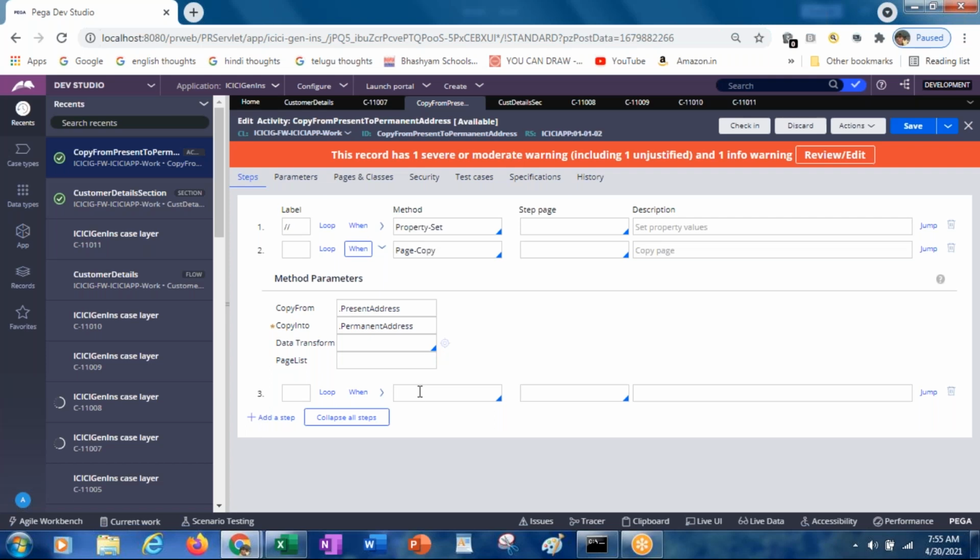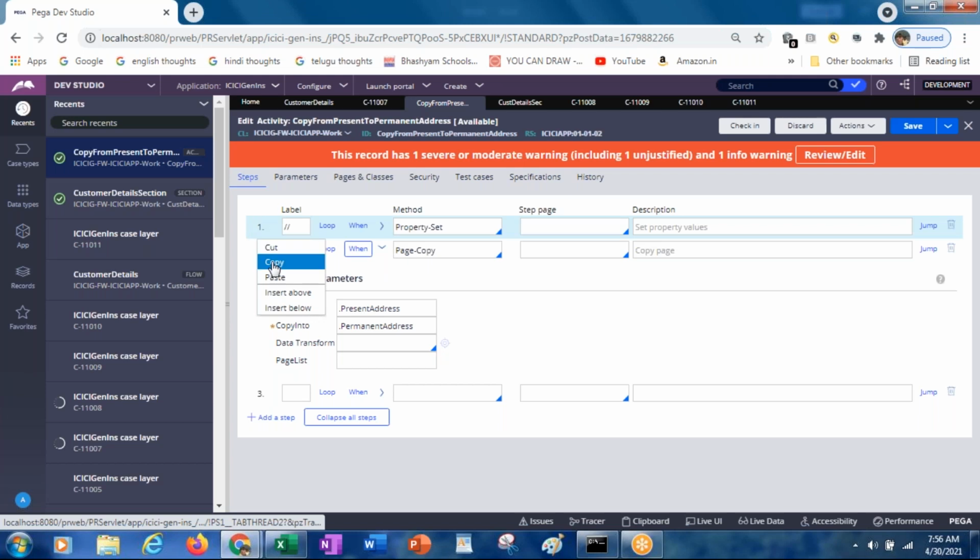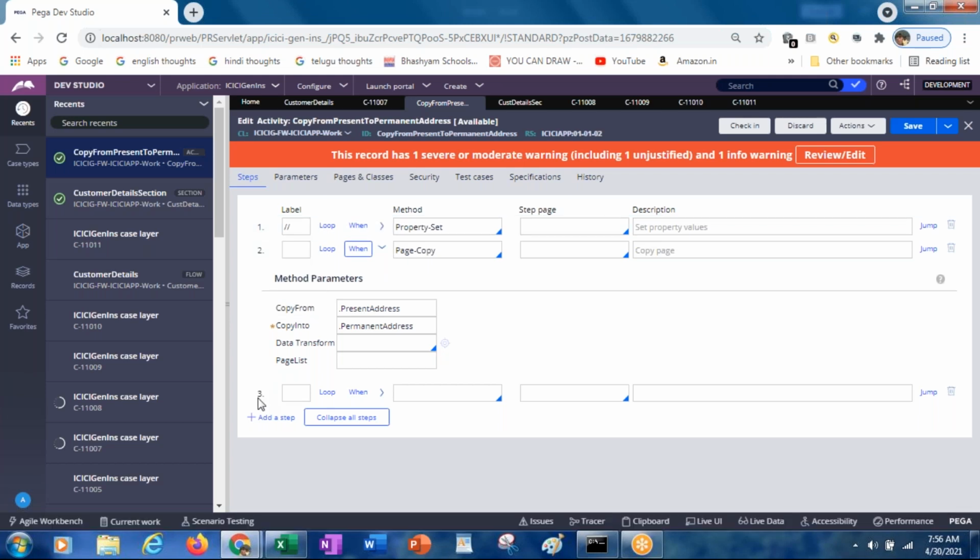Here I'll be doing the property set. I want to copy the same step which we are using for the property set. So I would like to have this step.